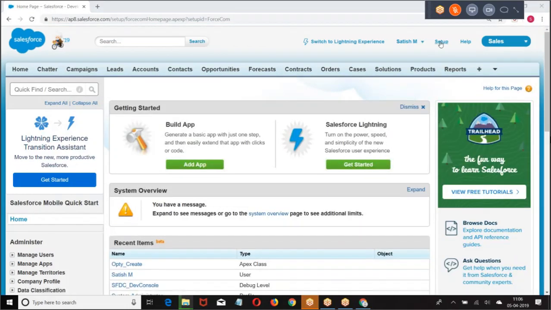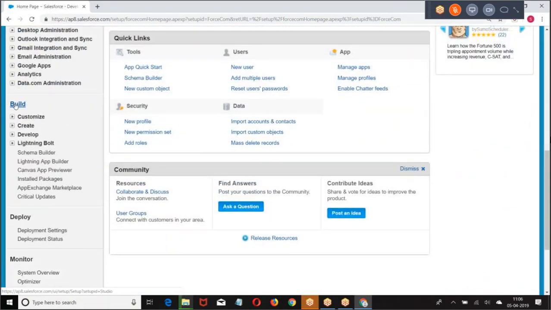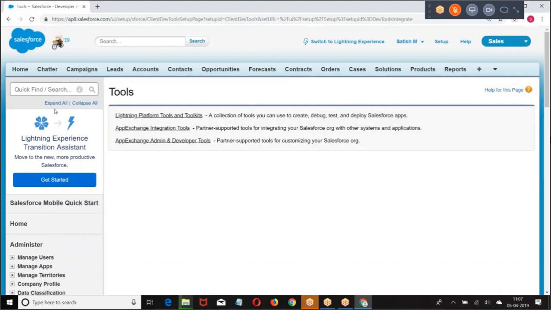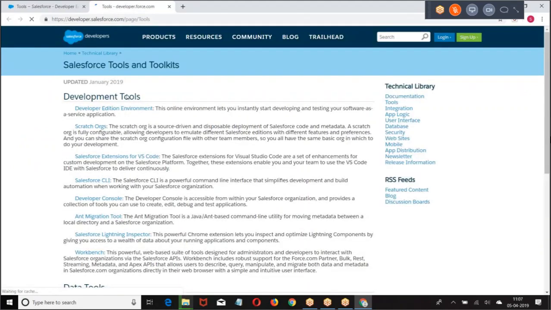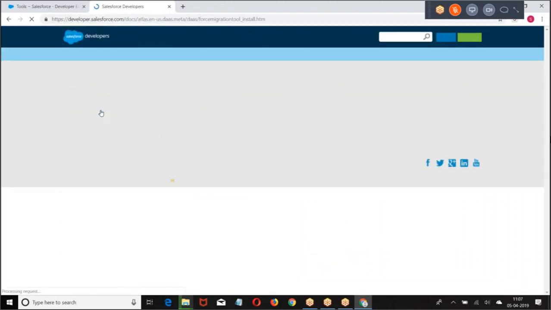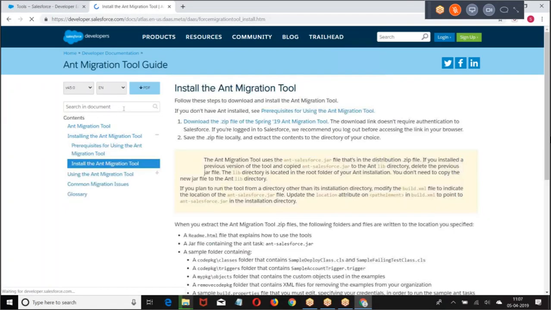So go to the setup, build, develop, tools, Lightning Platform tools, and migration tool. Download the ANT migration tool.